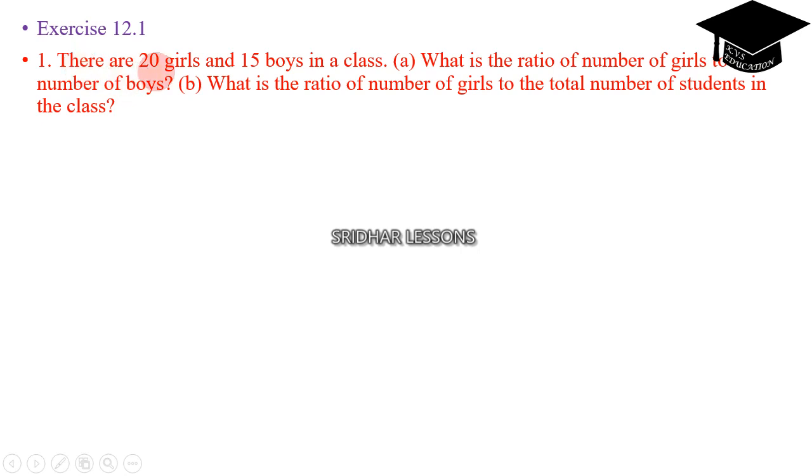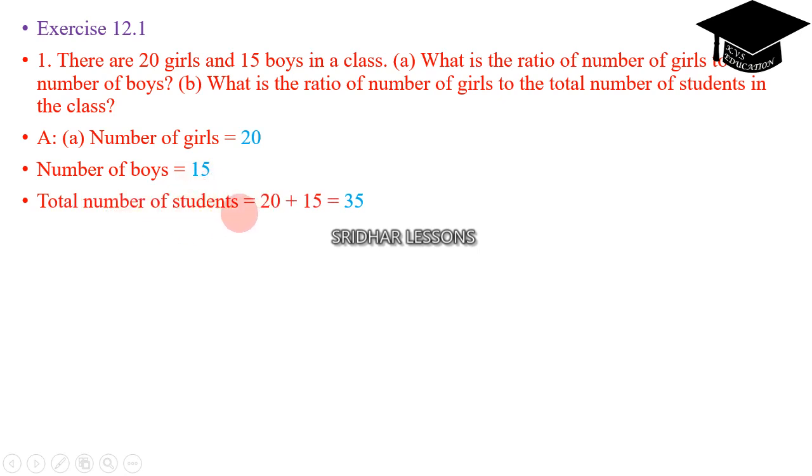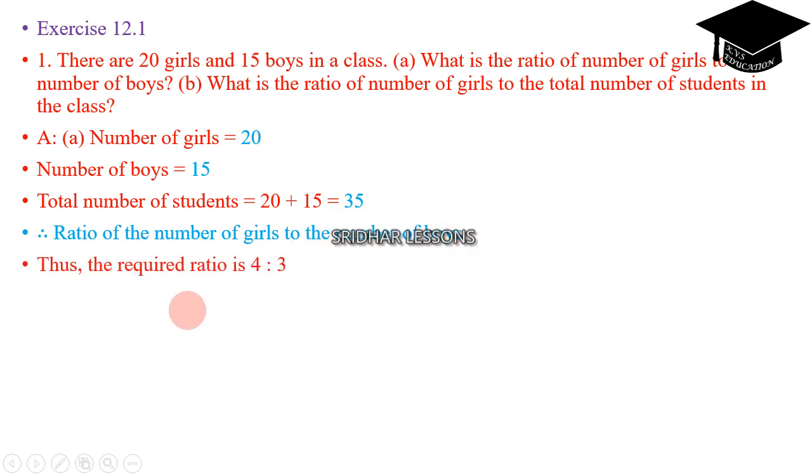Exercise 12.1, the first problem. There are 20 girls and 15 boys in a class. Question A: What is the ratio of the number of girls to the number of boys? The number of girls is 20, it is given. The number of boys is 15, also given. So the total number of students is 20 plus 15, that is 35. Now the ratio of the number of girls to the number of boys, the required ratio, is 4:3,